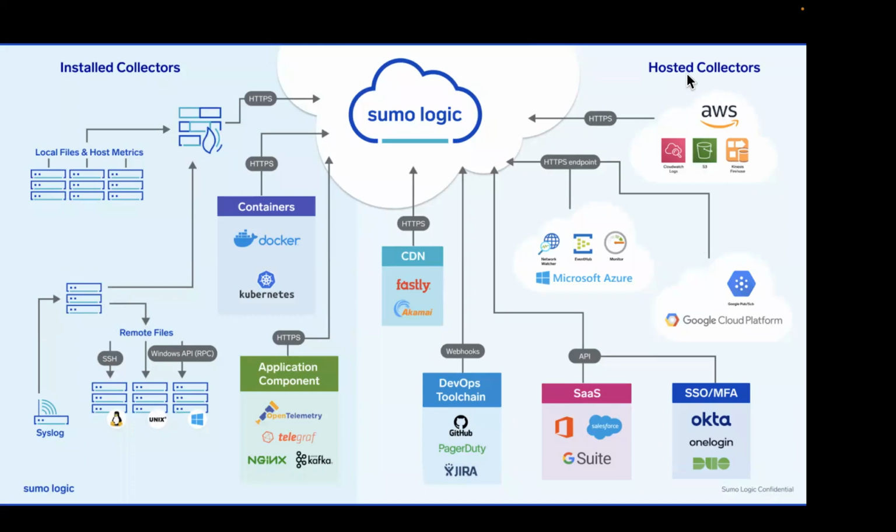On the other hand, the other type of vehicle is a hosted collector. If your logs and your metrics are in the Google Cloud Platform, they're in Azure, or they're in AWS, they're in the cloud already, there's no installation, ladies and gentlemen. There's no installation. We just need to know where your logs and metrics are, your traces are, and we're going to host it. So again, the big takeaway here is there's two vehicles that you're going to use to get your data into our environment. It's either installed collector or hosted collector, depending on where your items are,